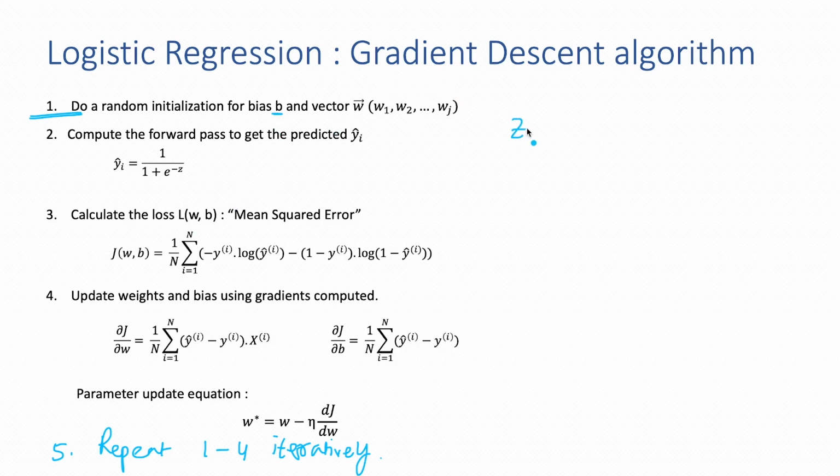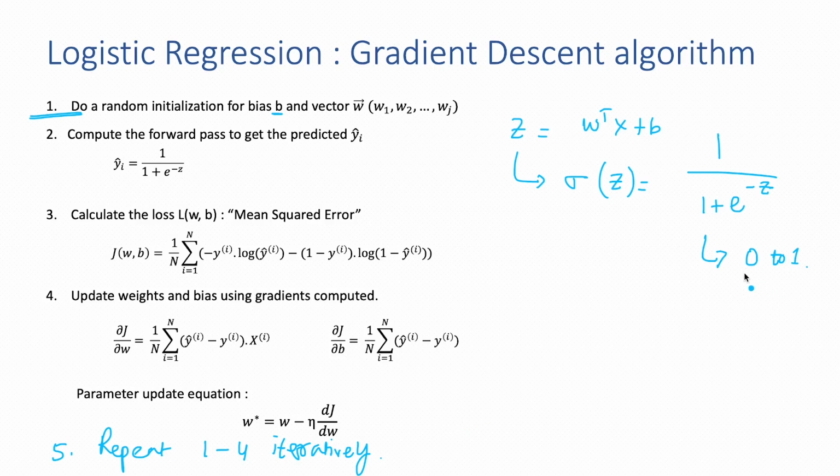We know that the Z computation here is going to be the linear combination of inputs, which is W transpose X plus B. And this is what we have done for linear regression. For logistic regression, we are going to pass this as an input to the sigmoid function, which is sigma of Z, given as 1 by 1 plus e to the power of minus Z. This is going to produce output in the range of 0 to 1, which can be interpreted as